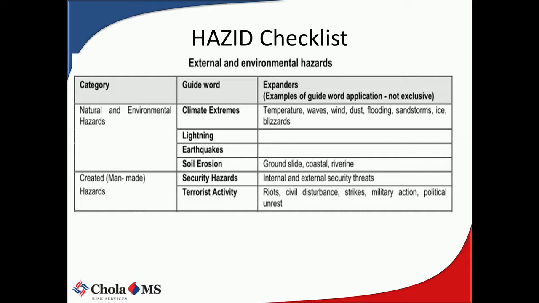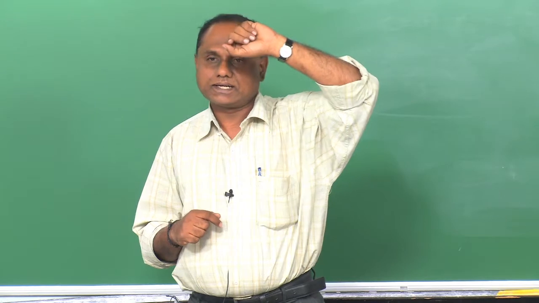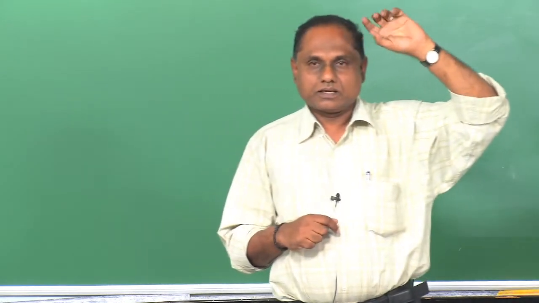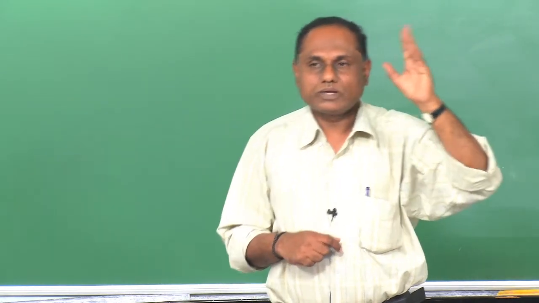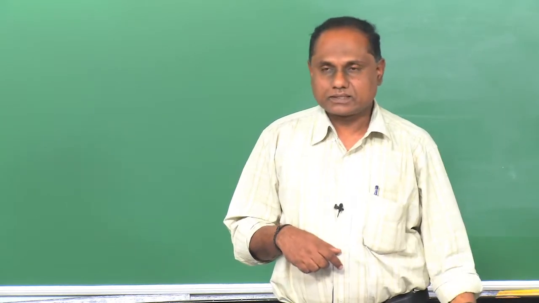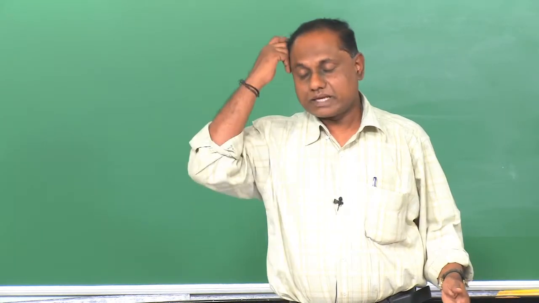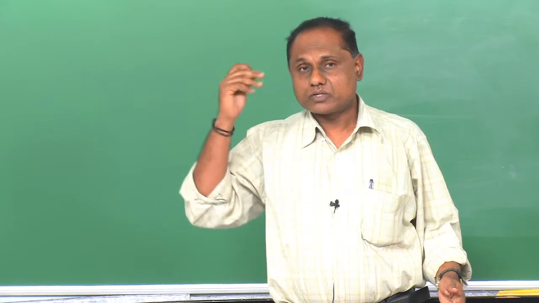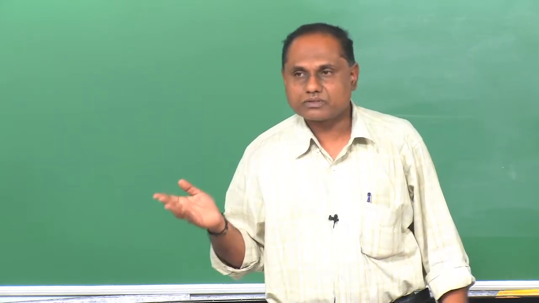Say in terms of lightning, in hilly areas you'll have very high thunderstorms. So you need to see if the lightning protections are taken, if lightning arresters are there. What is the level of thunderstorms? Say if Chennai has 29 thunderstorms per year, Himachal may have 30 to 40, 45. So you have to consider those thunderstorms there.